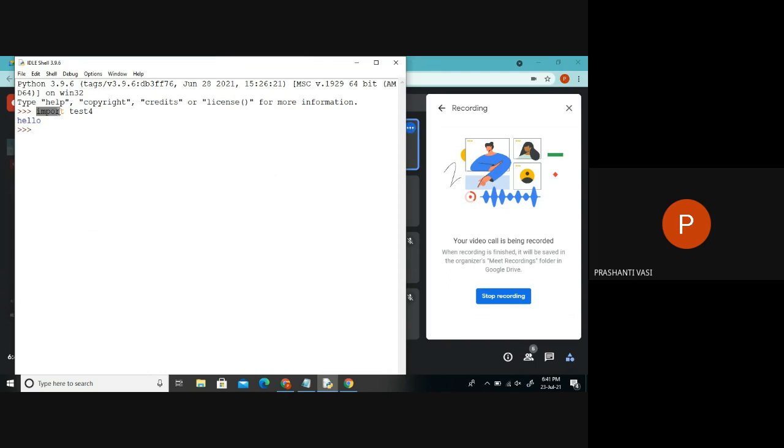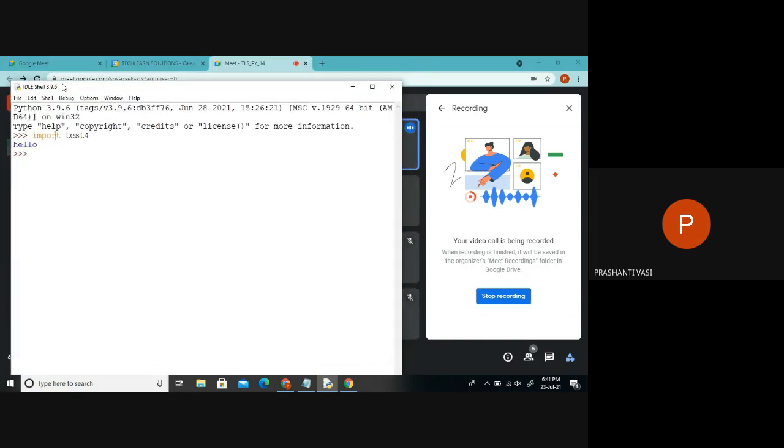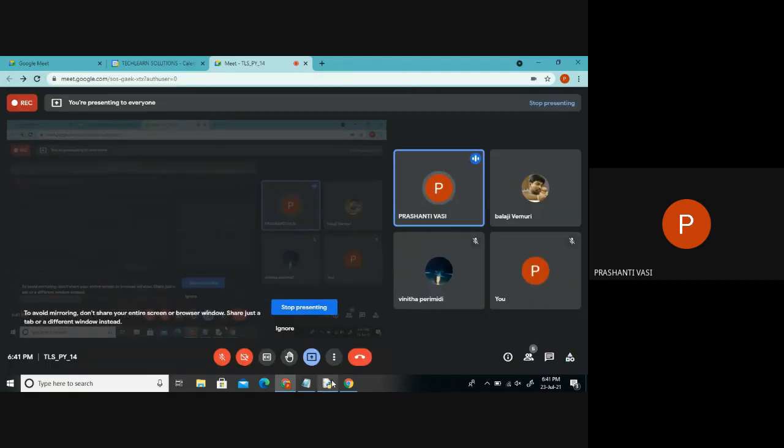So basically the whole code is run on the Python interpreter. This is a Python shell which is directly connected to the Python interpreter. And here it will directly call the file in which we have written the code. The code will execute top to bottom, one after the other, whatever you have written, just by typing the import statement. And here we have to understand one more thing.